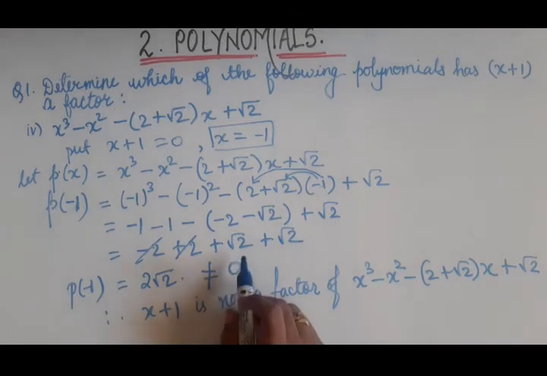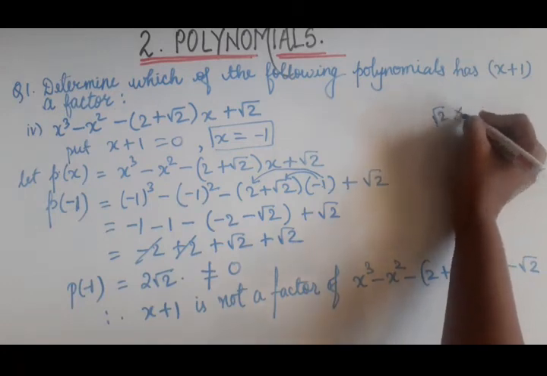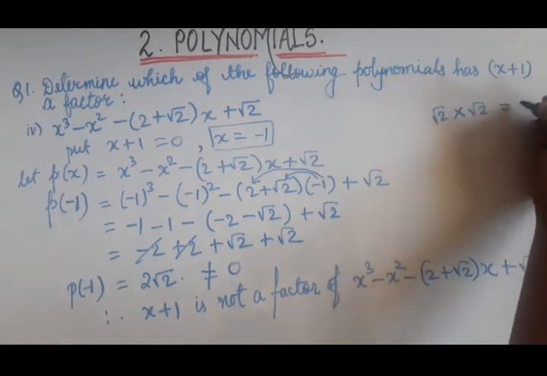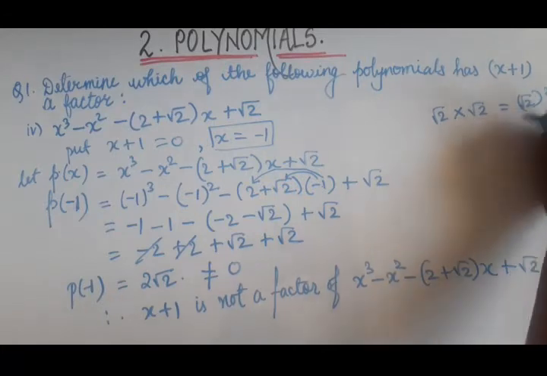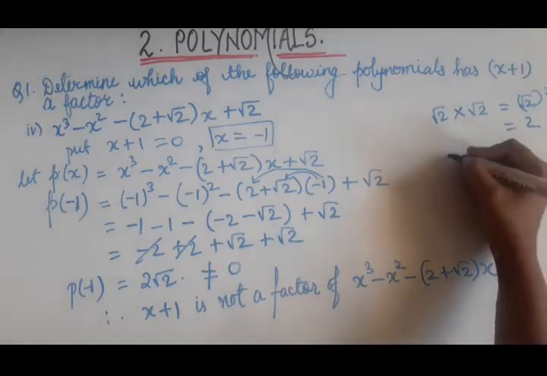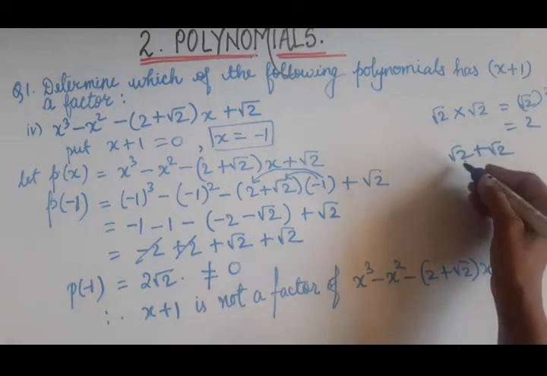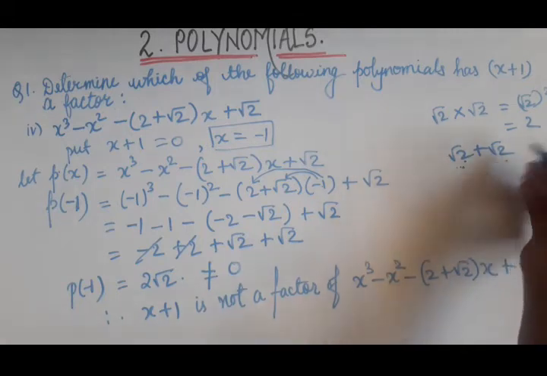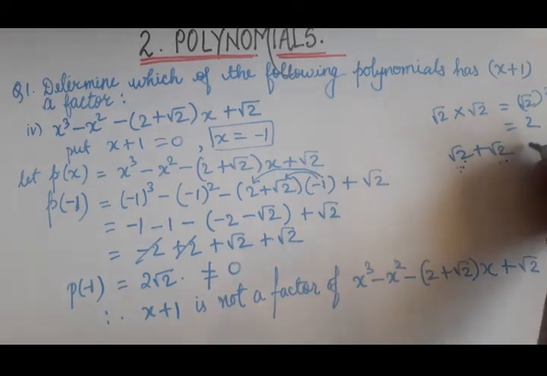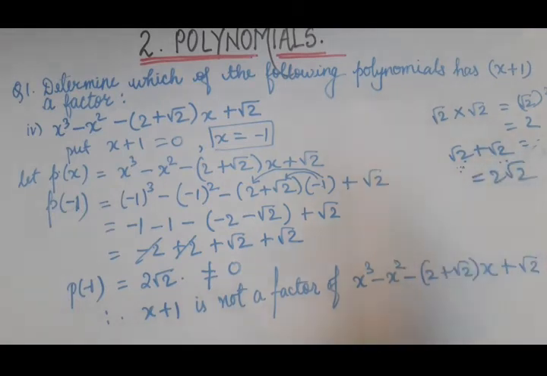Okay, many of you ask, why root 2 plus root 2 is not equal to root 4? So we have already discussed root 2 into root 2. Multiplication is there, so it will be root 2 square, that is 2. And root 2 plus root 2, you cannot write this 2 inside it. It will be like one apple plus one apple, 2 apples. So root 2 plus root 2 is 2 root 2, like that. Okay. So here we complete the first question and let us move to the next one.